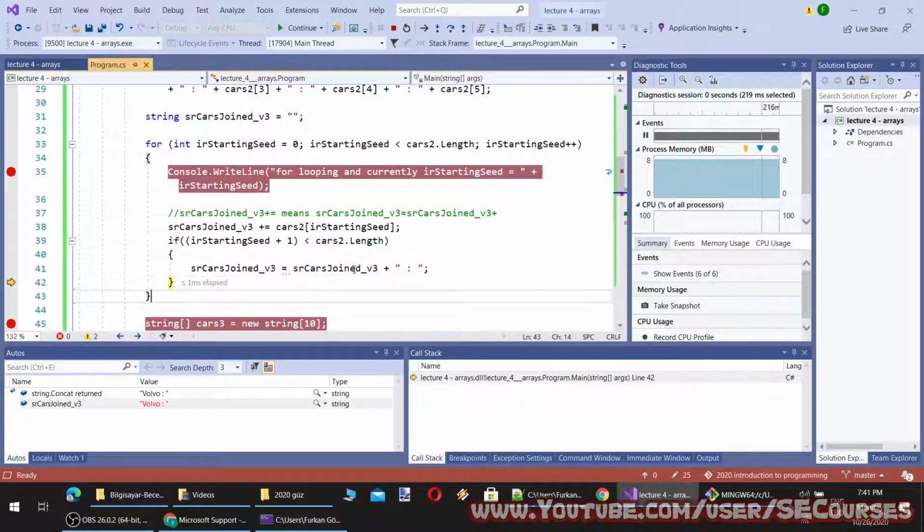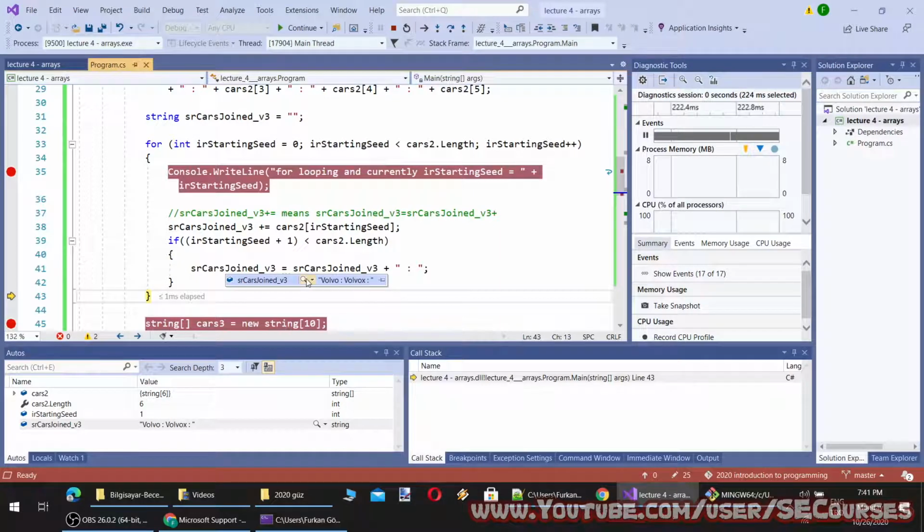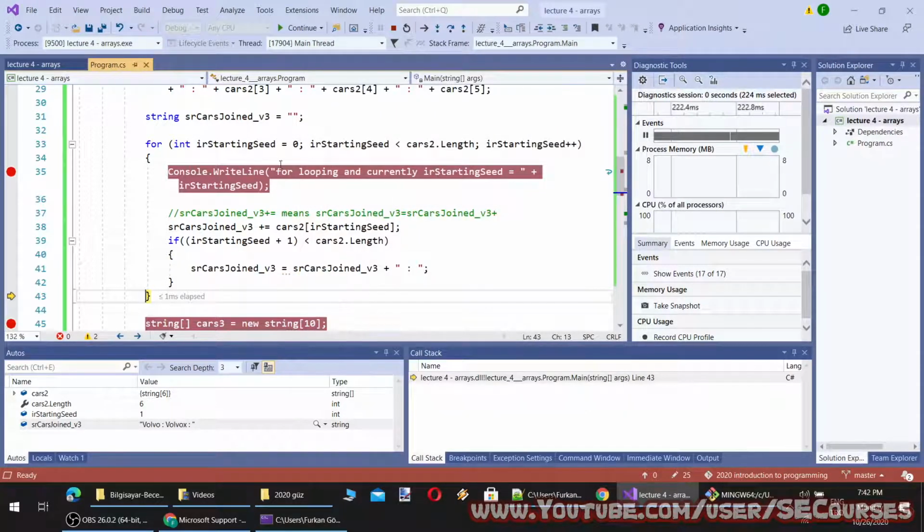Okay, so it is adding an empty space, a colon character and an empty space. Let's continue to execute. Okay, so this is the string version 2 after adding two values of the array.